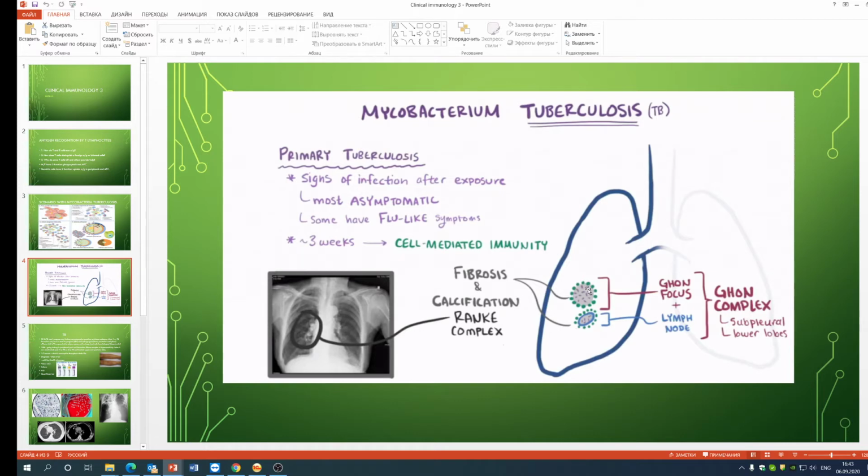Finally, these bacteria don't need a lot of oxygen, so they are aerobic. Let's talk about pathogenesis. In order to get infected, the first thing is exposure. The bacteria has to be something floating in the air, probably from another person